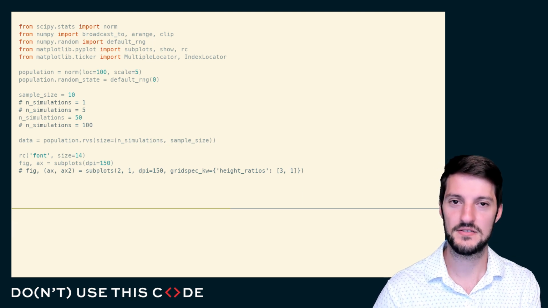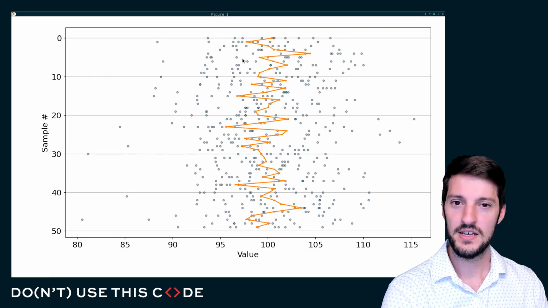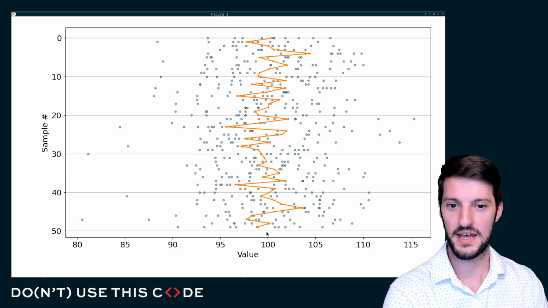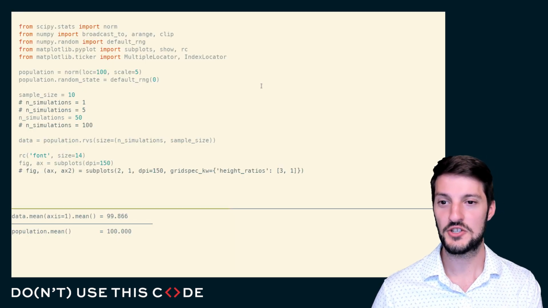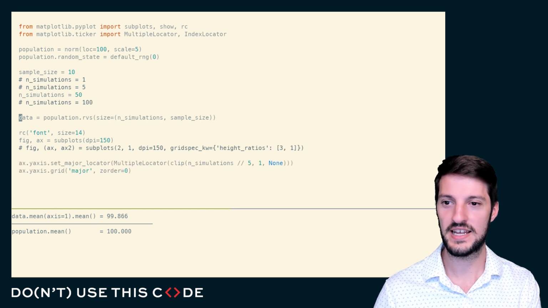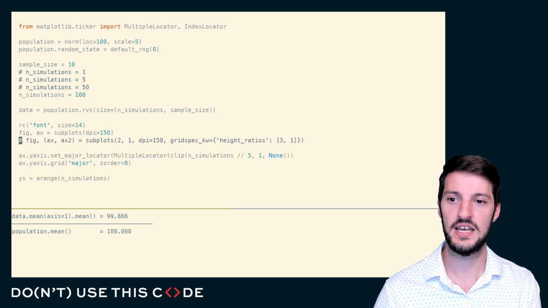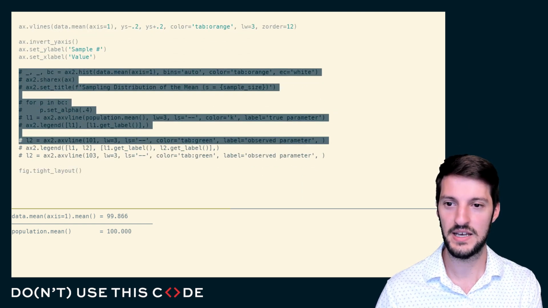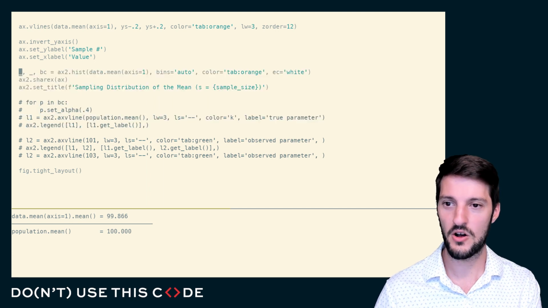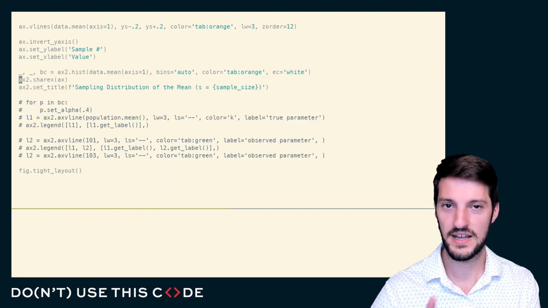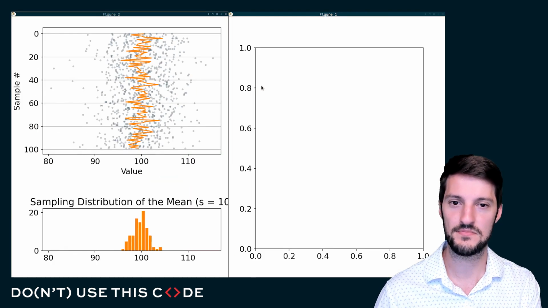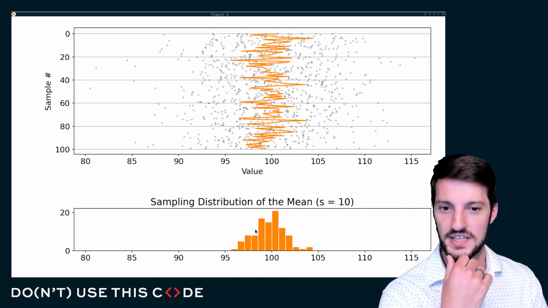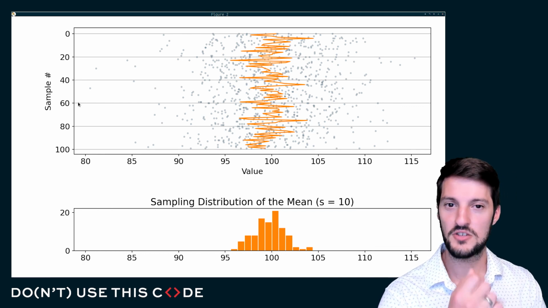Instead of just 5 times, let's repeat this 50 times. What you can really see here is that my orange lines, which denote my sample averages, really hover around that population mean of 100. If I repeat the simulation 100 times, what we'll do is create a histogram of all of those means. In our histogram, all we're going to do is observe how often each of those sample means appears. So what you can see here is my histogram of the observed sample means, my 100 sample